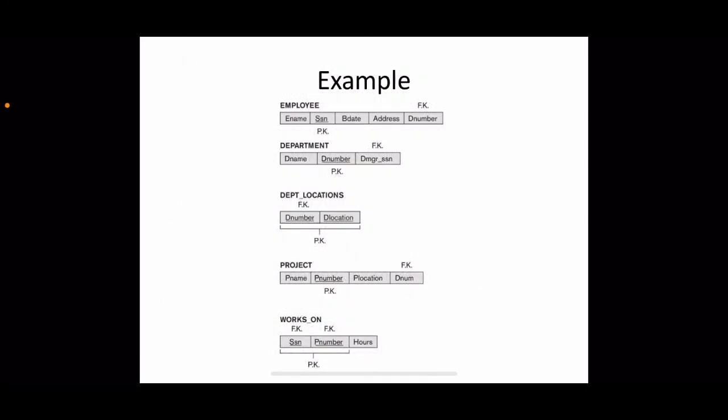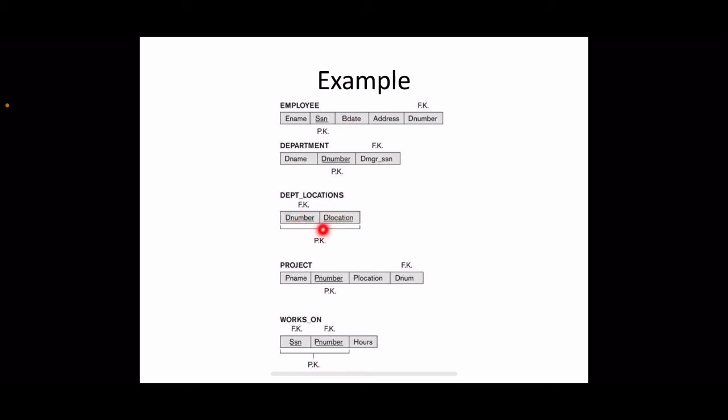So in our example employee relation schema, we have SSN as the primary key, right? We have only one candidate key here, which is designated as the primary key, that is SSN. So we can say that SSN is the prime attribute because it's a member of the key. Other attributes like ename, birth date, etc. are non-prime attributes.